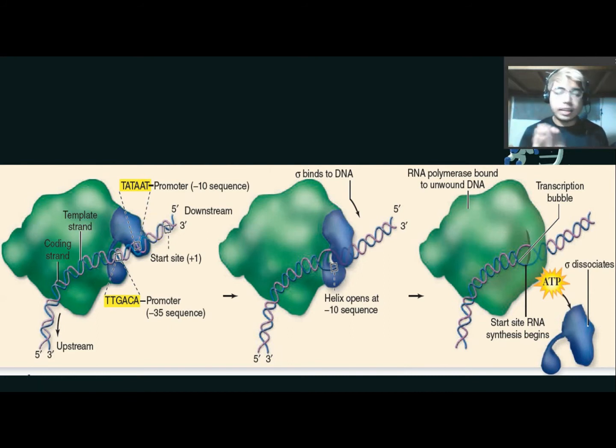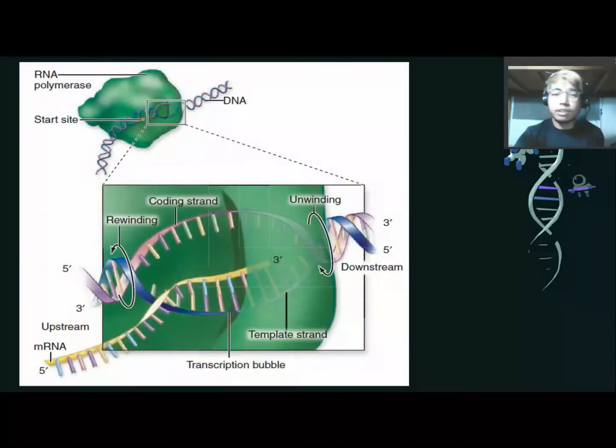thymine-adenine connection. Then after the presence of the promoter, the RNA polymerase will actually enclose that DNA strand and the process of elongation will now start. Remember that the promoter region would be responsible for the start or the initiation of the transcription process with the attachment of the different parts of this RNA polymerase. And now the RNA polymerase would be responsible for the attachment of the complementary strand on the